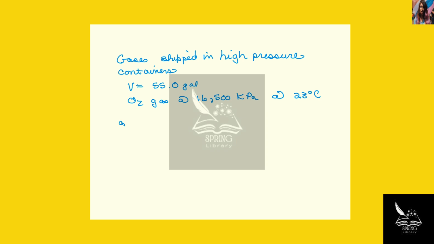A is mass of O2 in tank. Okay, let's get started. Mass of O2. So first of all, let's figure out our gallons. I've got 55 gallons